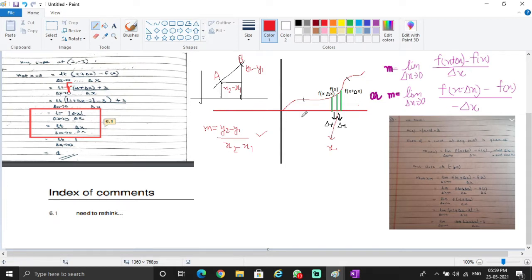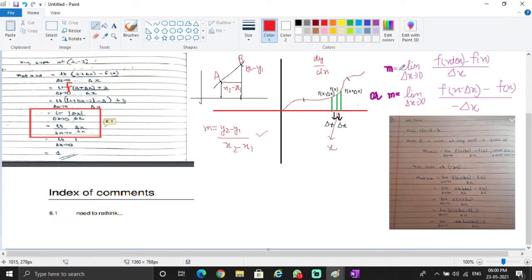But in the case of a curve, the slope is changing at every point. So if we have to find the slope at any given point x, we basically have to calculate how y changes in its immediate neighborhood. And the immediate neighborhood is denoted by dx or delta x. It can be towards the right, it can be towards the left. Okay, and how do we give the slope?